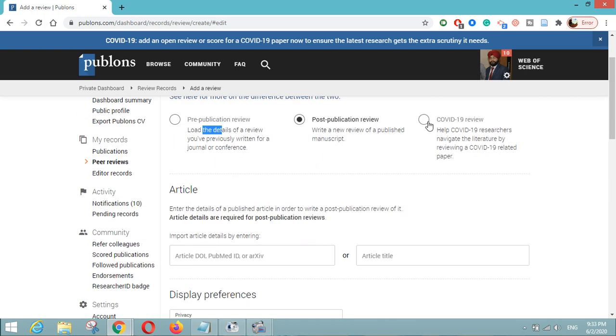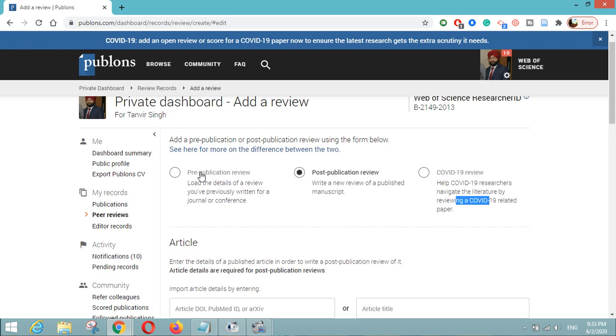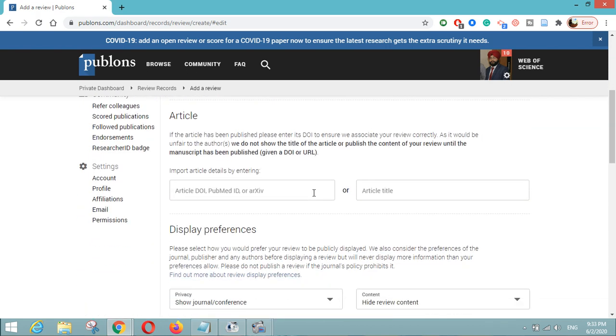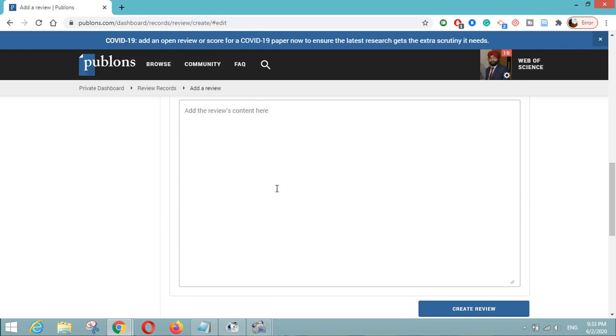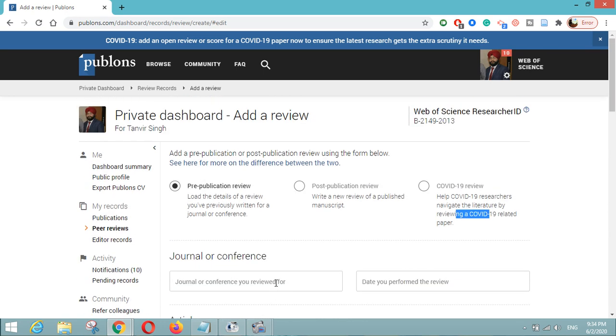The third option, which is the latest addition to Publons, is that you can help COVID-19 researchers navigate the literature by reviewing COVID-19 related papers. In this way you can add a review here, write the review content, and then click on the Create Review button. So in this way you can get recognition on Publons by writing a review.